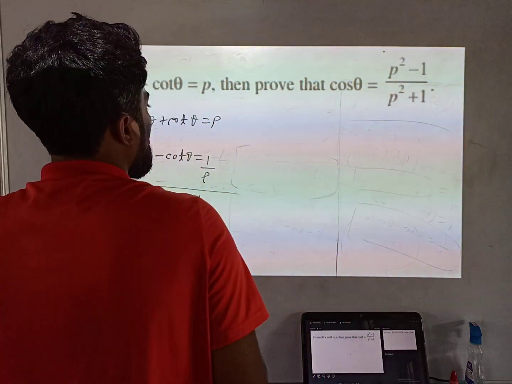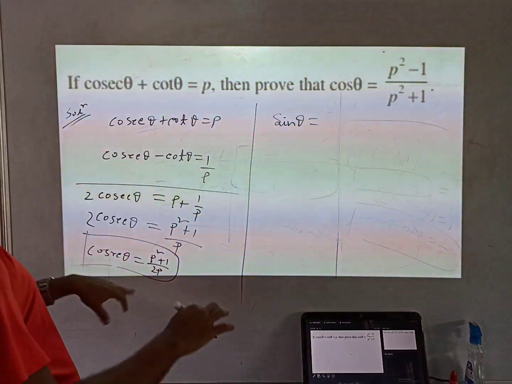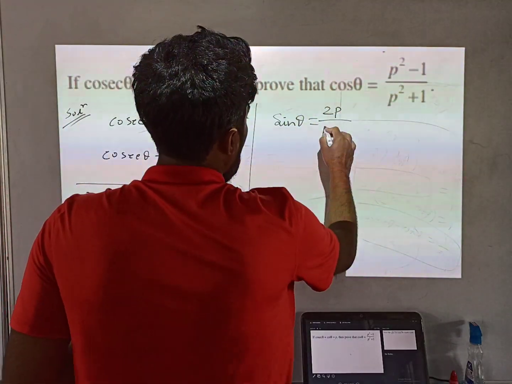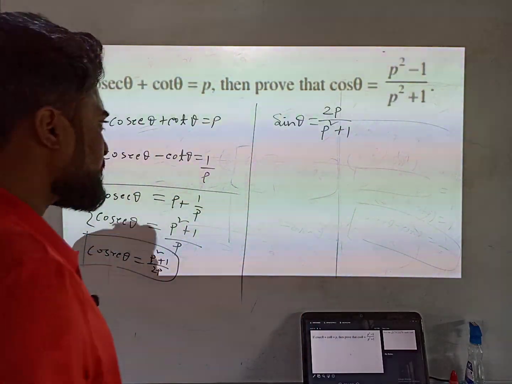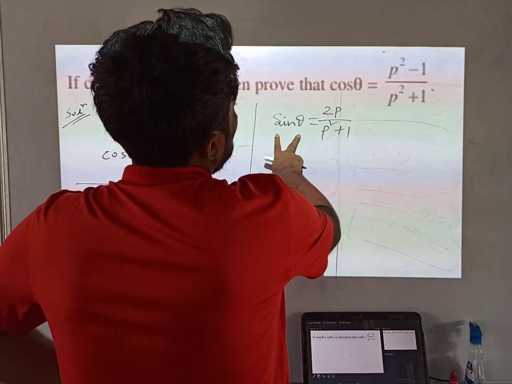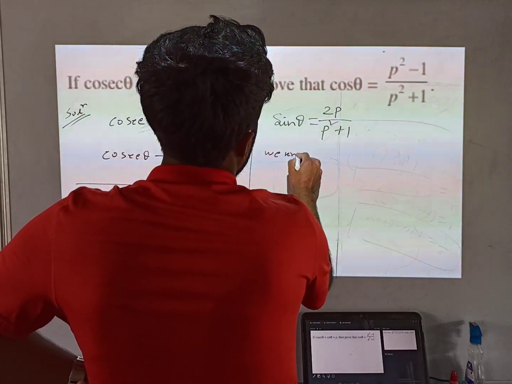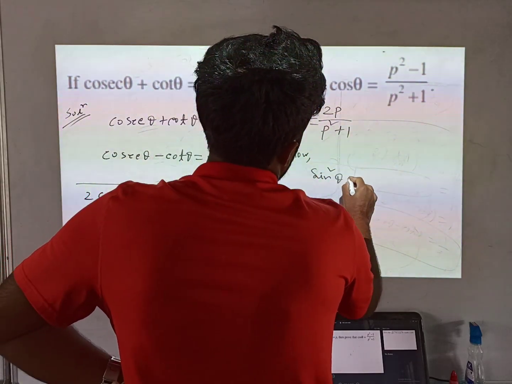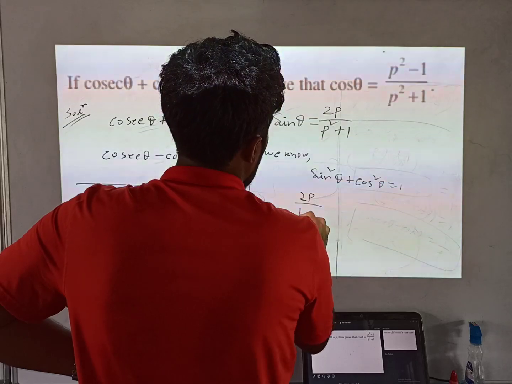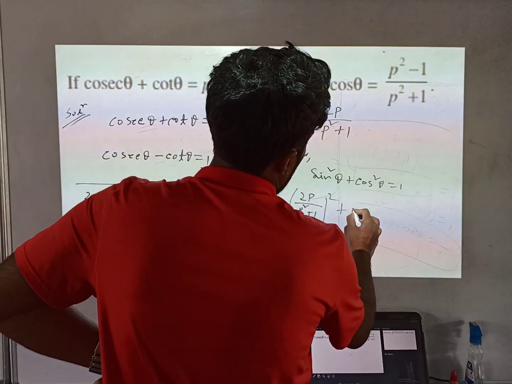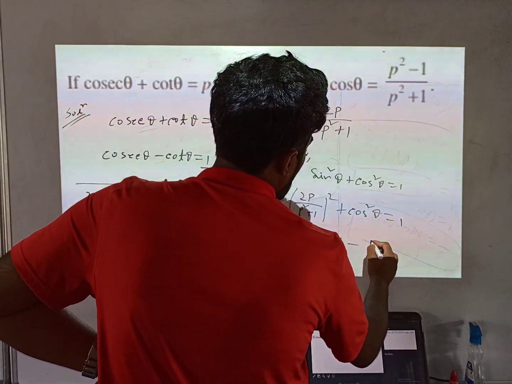Okay, very simple. You see, come to this side. Cosec equals this, so I can write sine will be the reverse of this. So sine will be 2p by p square plus 1. Okay. So sine equals this. Now sine is given, I need to prove that cos equals this. So we know the first identity, that is sine square plus cos square equals 1. So sine is given, so you write 2p by p square plus 1 whole square plus cos square equals 1. So cos square will be 1 minus 2p